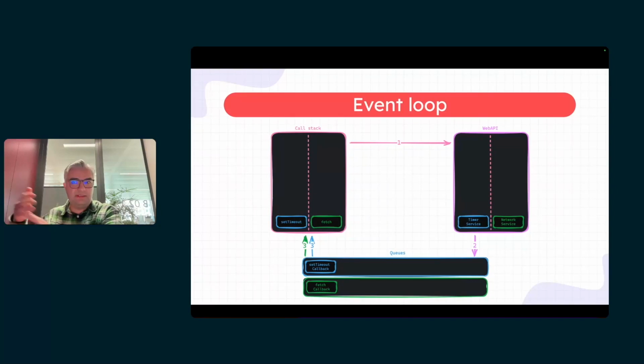So as soon as the fetch has been resolved, it was successful. 200, for instance. We have network service here. Again, the fetch callback goes to another queue. I'm going to get back to that soon because there are differences between these two queues. Nice. Let's move on.